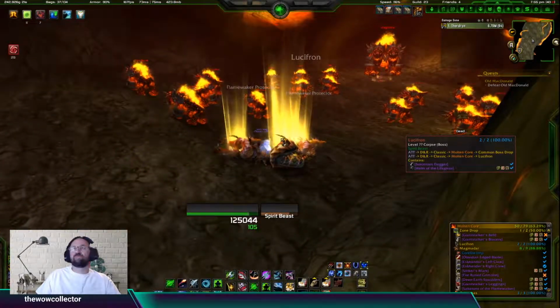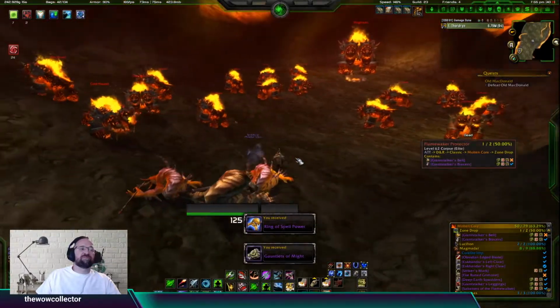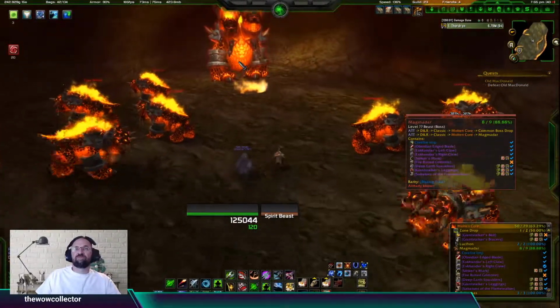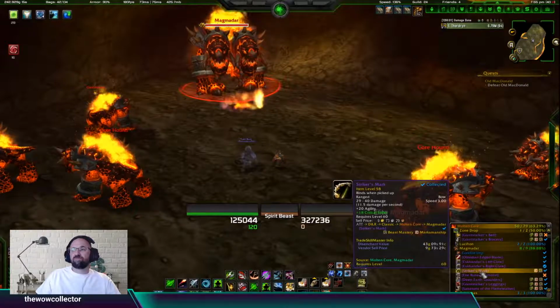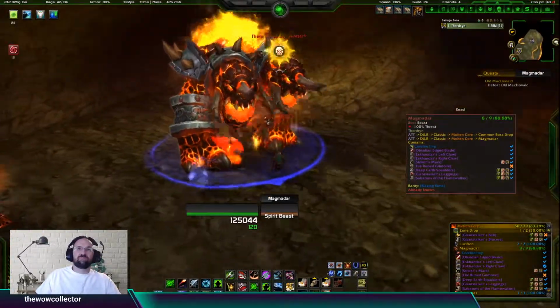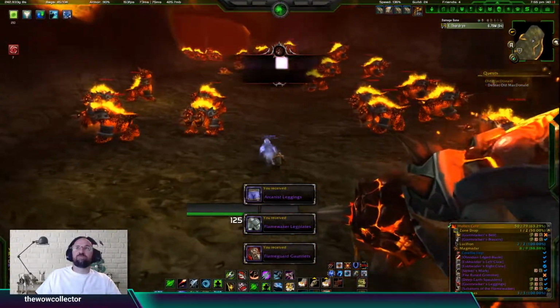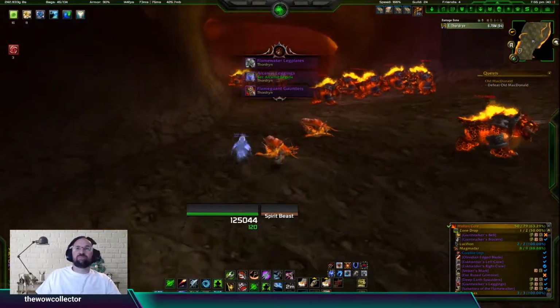Next is going to be Magmadar, and if you can look, Lucifron's done. I just need one drop from Magmadar. It's a Fire Rune Grimoire. Once we get that, the percentage really drastically changes in here for what we need. We get the Arcanist Leggings for mages, and we get Flame Guard Gauntlets and Flame Walker leg plates for plate wearers. Gonna move ahead here to the next boss fight,